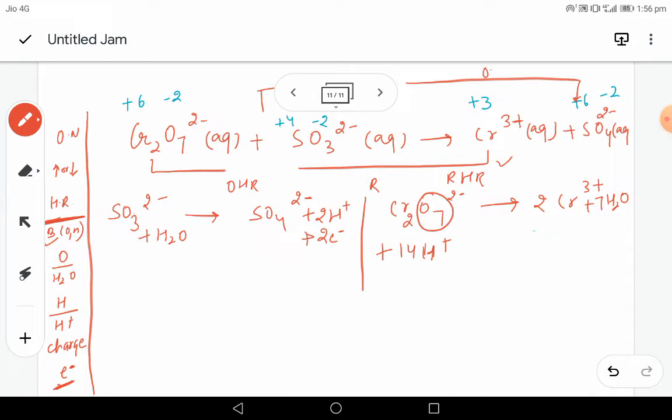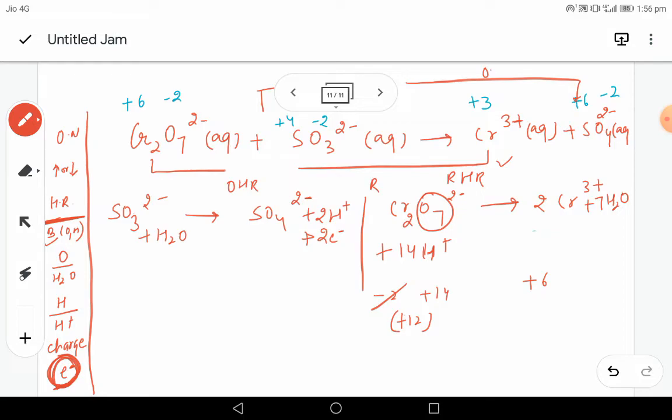Remember that? So if I see -2 for this and positive is 14. Okay. So it will be -2 and +14. It will be cancelled out and net is +12 on this side. On the other side it is +3 but total 2, so it will be +6 on the other side. Remember, the charge can be balanced only by adding the electron.